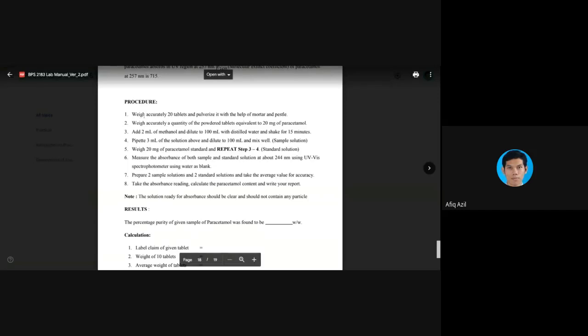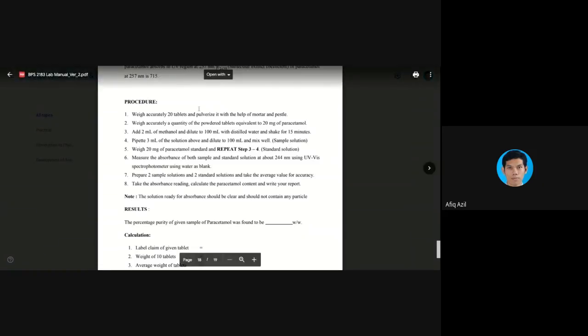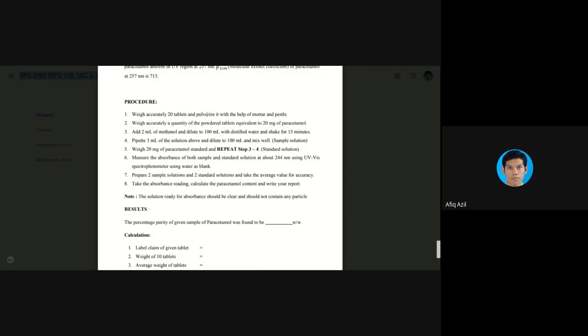Let's say you weigh in the first step and get a value of 10 gram, for example. So there are 10,000 milligram in 10 grams of the whole powder. So you have to accurately calculate the amount of powder that you need to take 20 mg